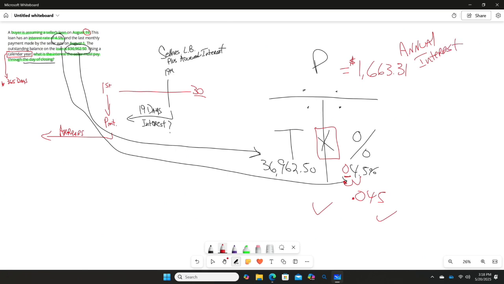And so we're on a calendar year, right, which I said is 365 days. So all we need to do is divide that by 365 days to get the daily interest, which is